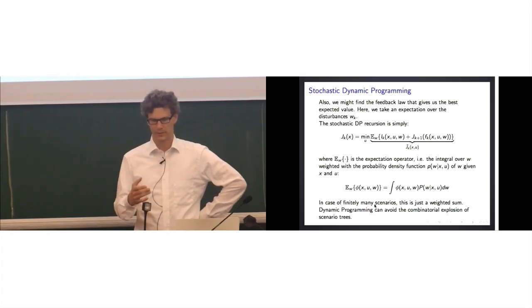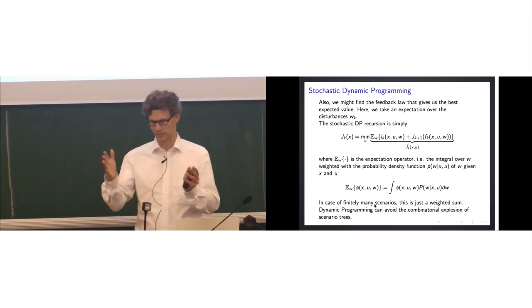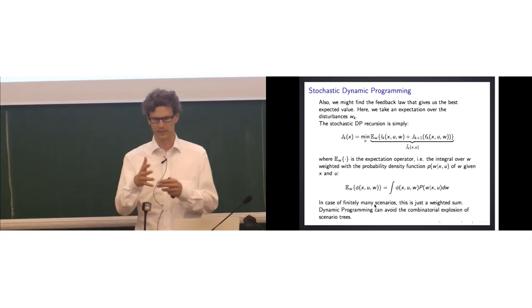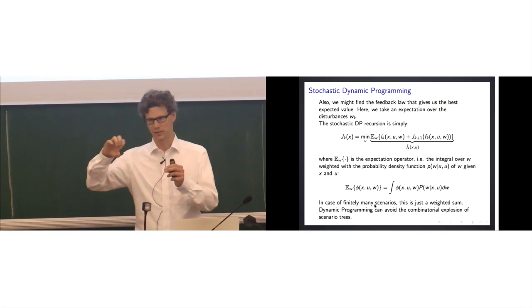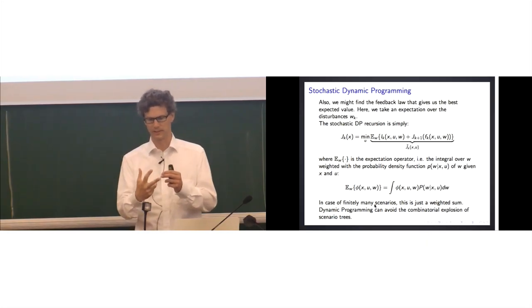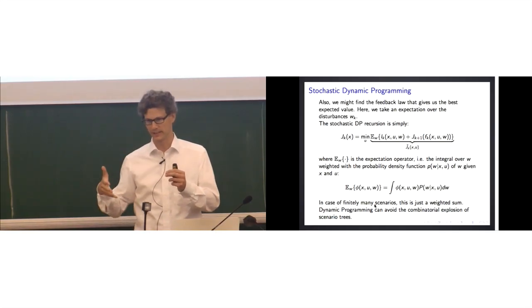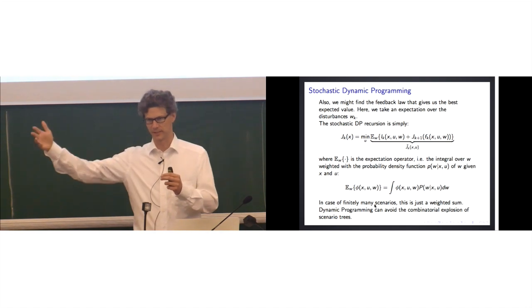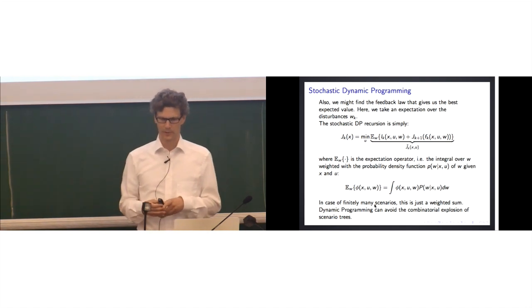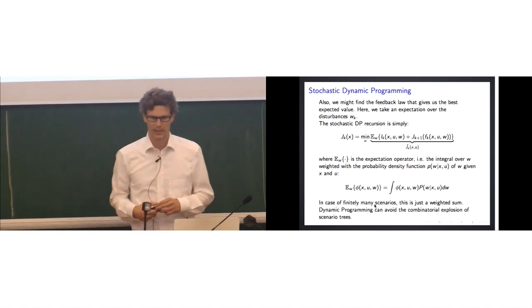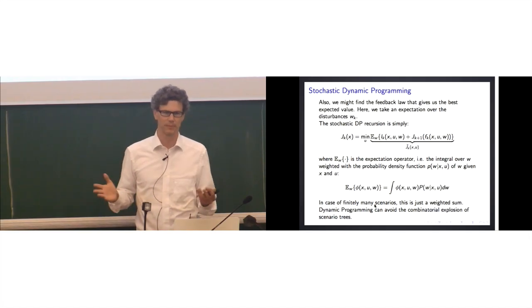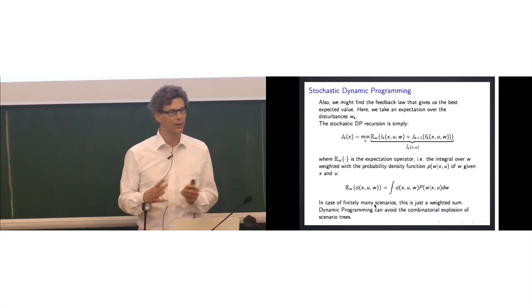While if you would do this with some other methods, which also exist, if you have finite horizons and finitely many scenarios, you could end up with what we call scenario trees. But a scenario tree will actually branch in every time step. So you have 3 possibilities now, and for each of these 3 possibilities you will have 3 possibilities in the next step. So that's already 9, and then 27, and it very quickly grows exponentially. While in dynamic programming, you still have the same complexity that you would have without